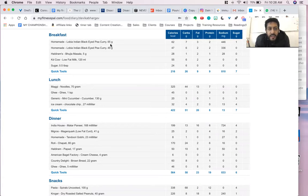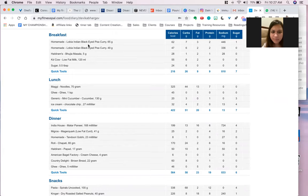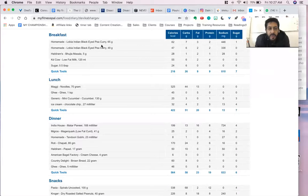So when you eat this breakfast, you have, yeah, this is black-eyed peas. How are you measuring this? So do you just measure, do you put